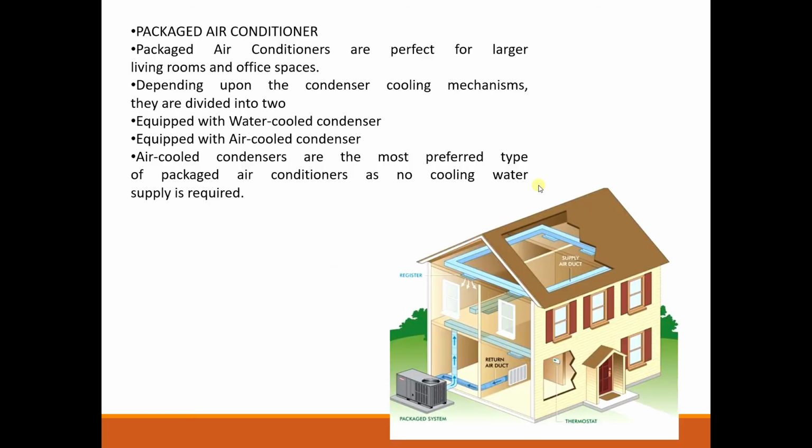This load calculation may be taken up by Professor Anmesh. You can contact him. And the packaged air conditioner, what is a packaged air conditioner? We assume that we have our house, and these are all the ducts. Previously you saw what the ducts are and how they are placed, right? So one is the supply and another one is the return. Cold air goes out and is supplied to all the rooms, and it comes back. That exhaust or used air is collected from the return duct. You can see the bottom side, it is collected and goes to the packaged system. Everything is packed over here, right?